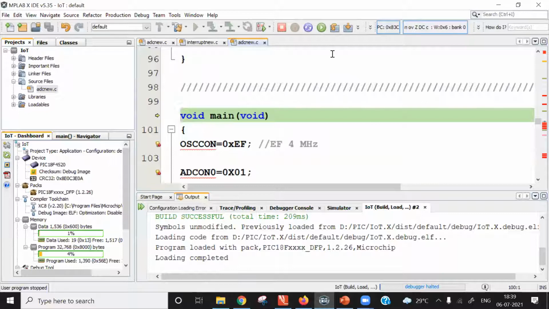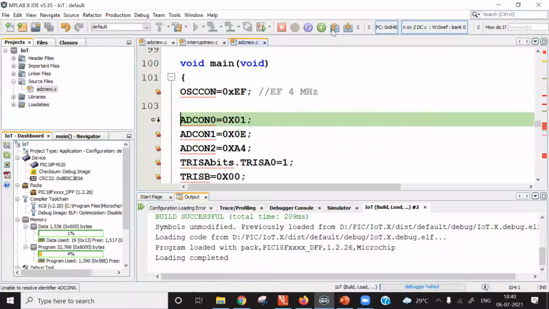Now I am at the main function. There is one more icon here. It is used for step over. When you click this icon, the code on that line will be executed and it will go to the next line. Look here, I have executed. Now it is at ADCON 0x01. That is, the first instruction inside the main function is executed.